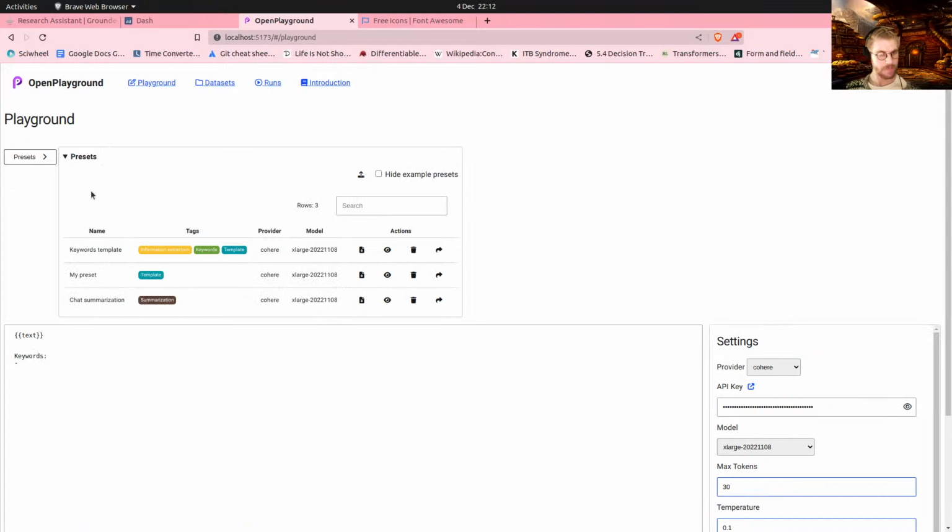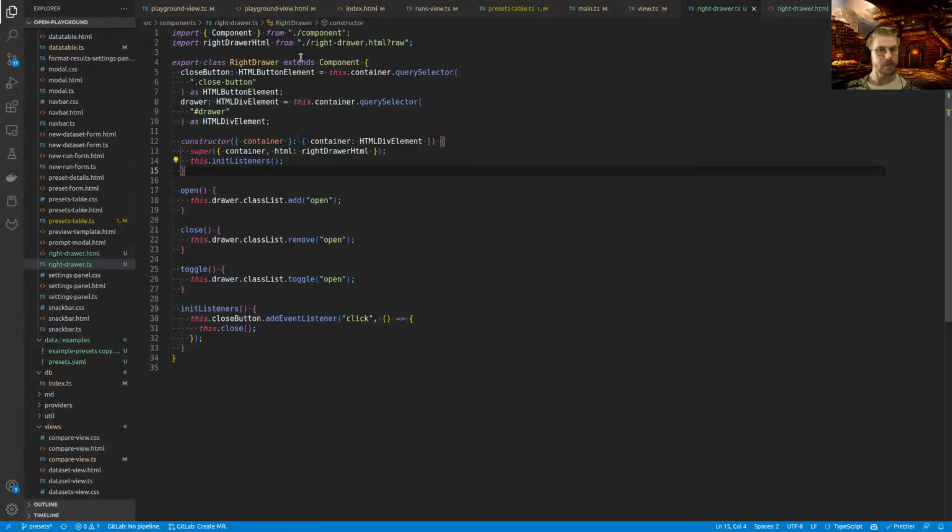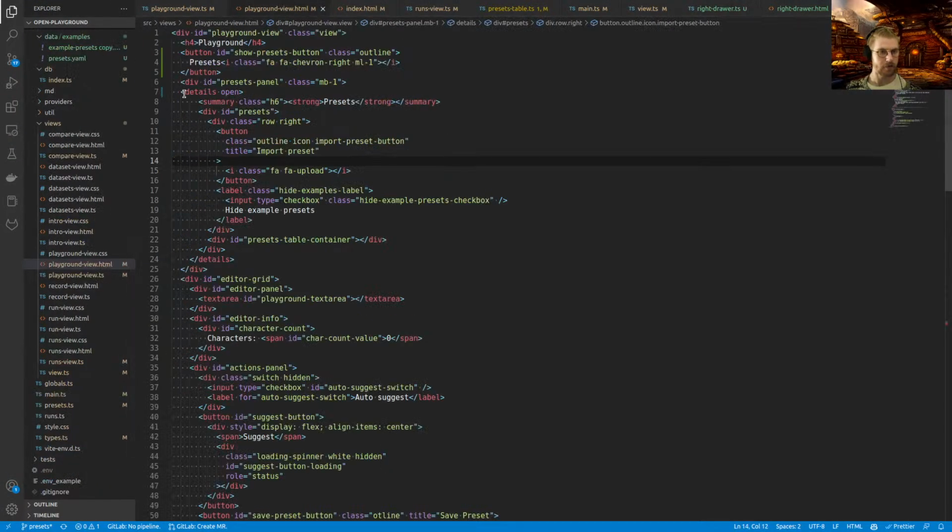So all this stuff's going to go inside the drawer. Okay. So that stuff is currently here. Here. So I could extract that out